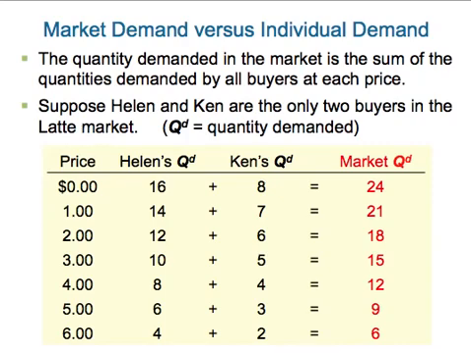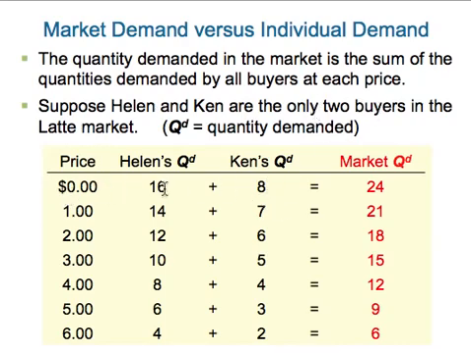QD here is quantity demanded. And we have our prices, 0, 1, so on and so forth, all the way up to 6. We know Helen's quantity demanded for the different prices, but now we find out Ken's quantity demanded. He likes lattes too, but about half as much as Helen does in terms of quantity here. So we take Helen and Ken, again, they're the only 2 buyers in this fictitious example, and we add their